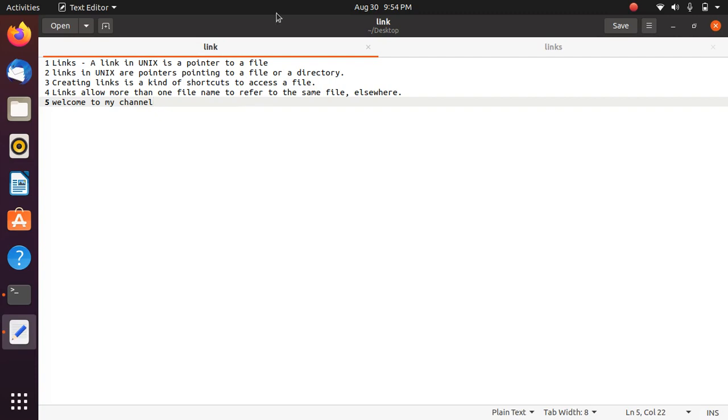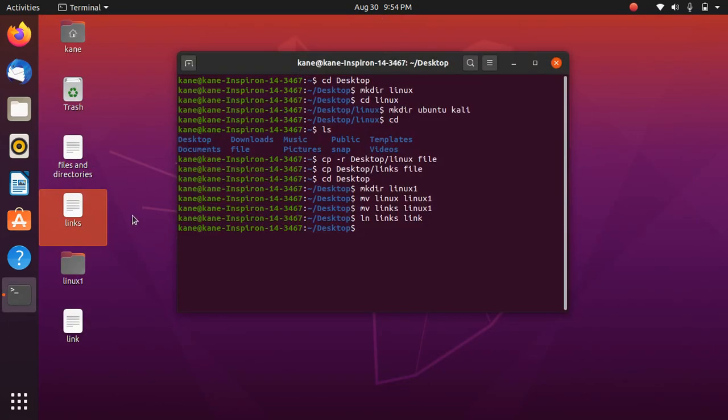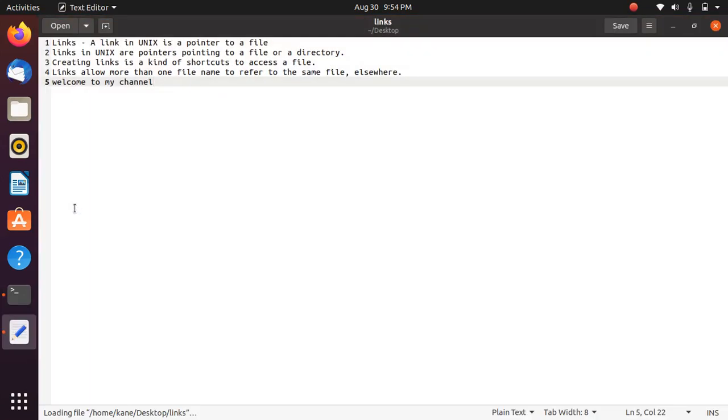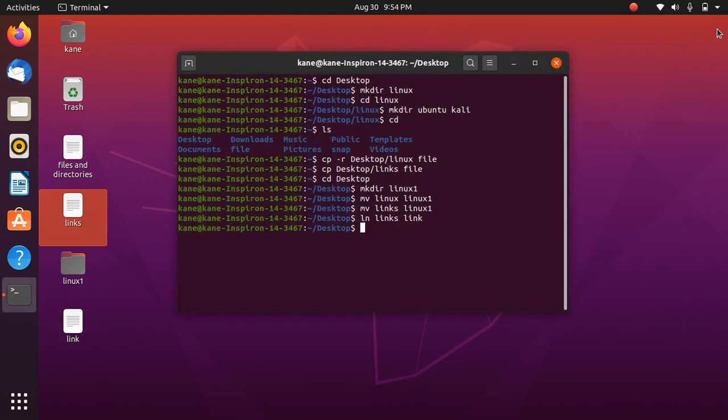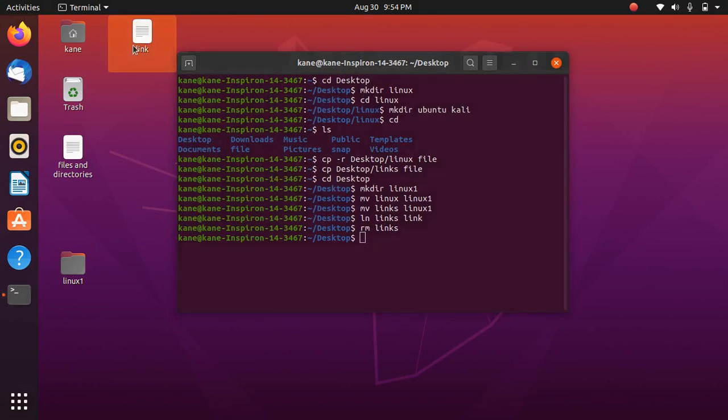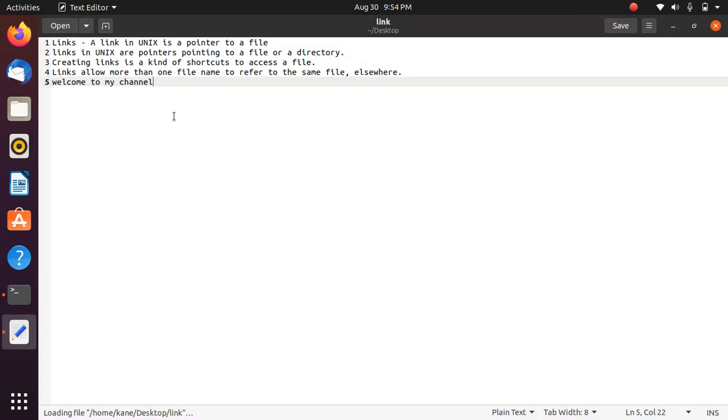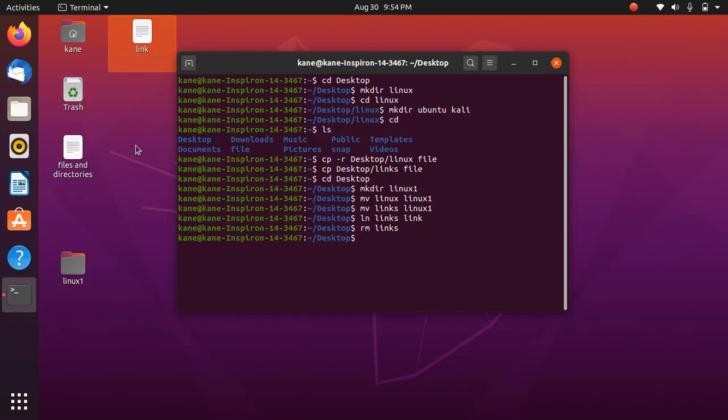The main drawback of this hard link is that when you delete this links file, which is the original file, for example, let me remove it with rm links. As you can see, links has been successfully removed, but when you click on this, you can still access the link file.